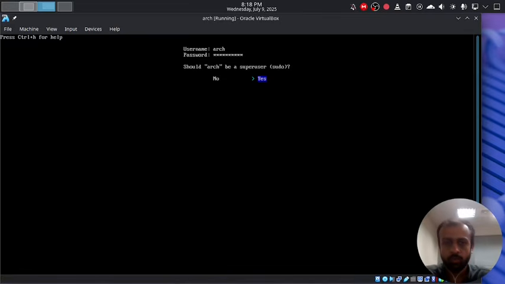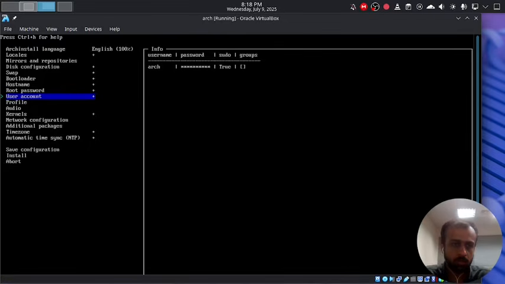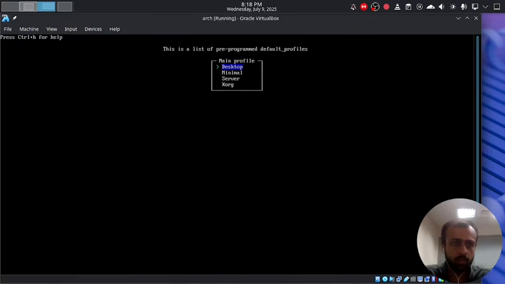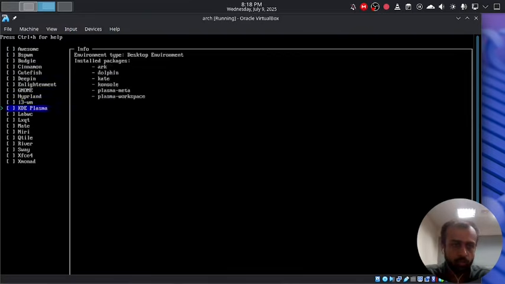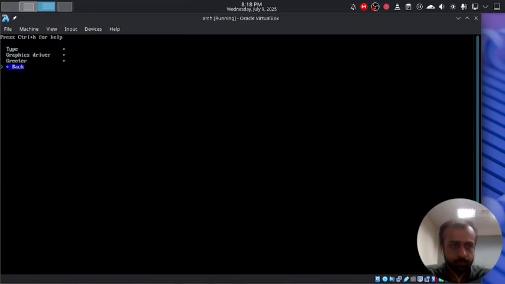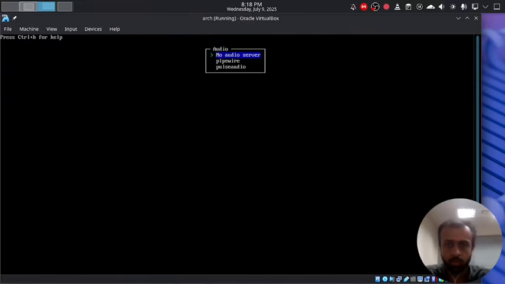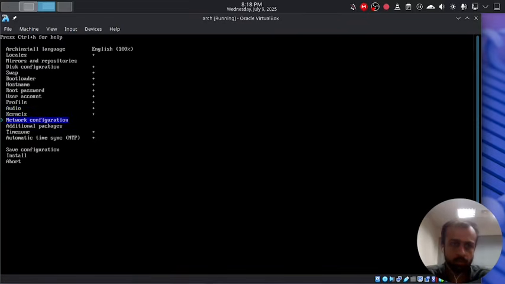Okay. So should Arch be a super user? Yes. Confirm and exit. In the profile type, choose desktop, choose KDE Plasma, back, audio, use pipewire, kernels, whatever you like,